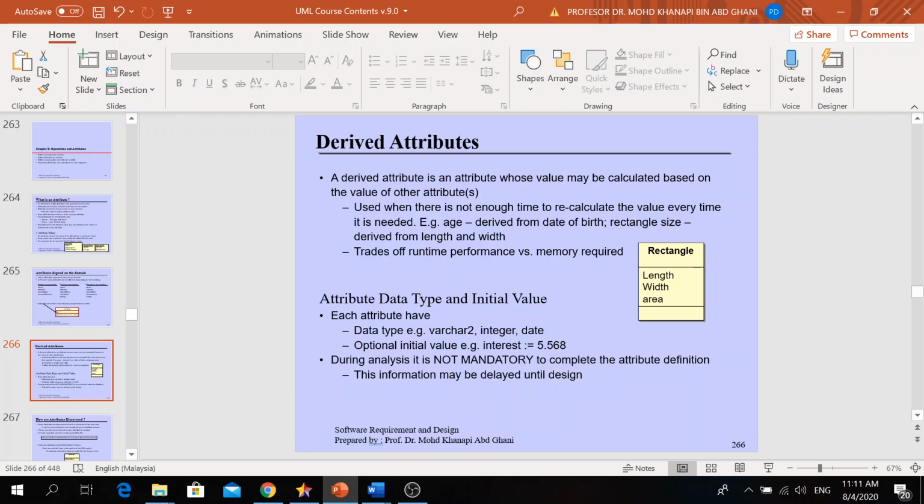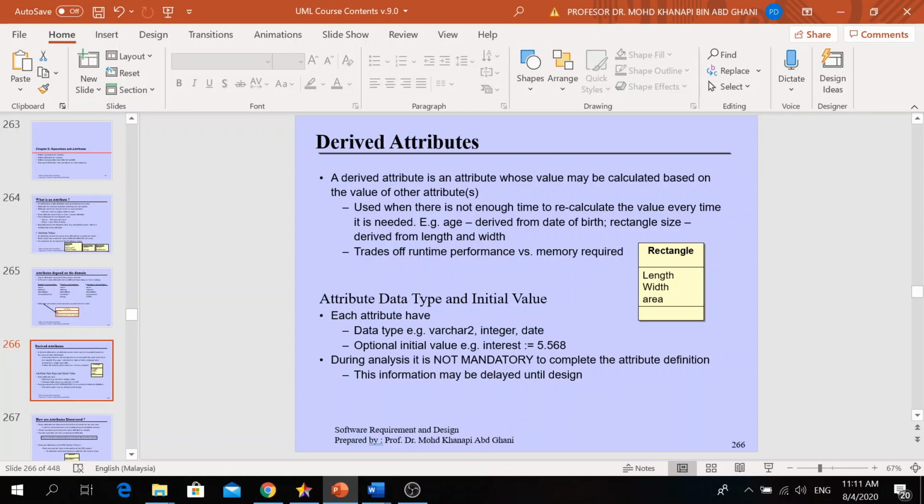And then when you want to calculate your age, the date of birth is used to deduct from the current date. When we deduct your date of birth from the current date, it becomes the age. So age in your system we consider a derived attribute.